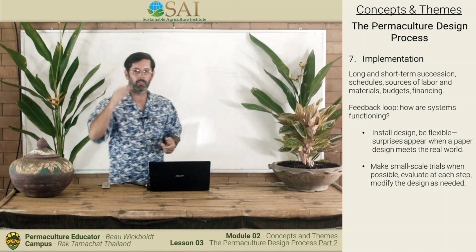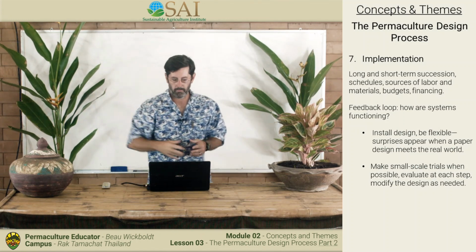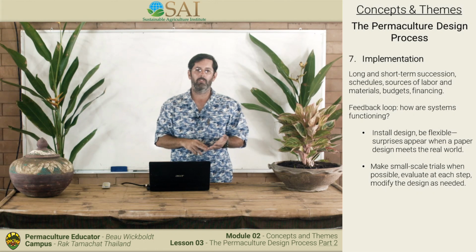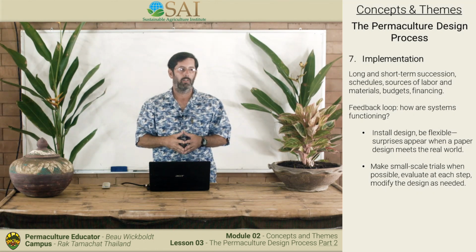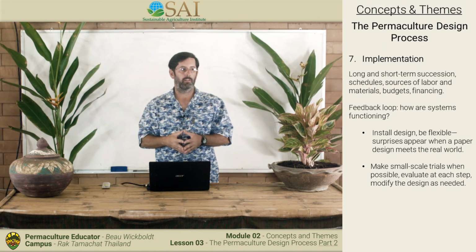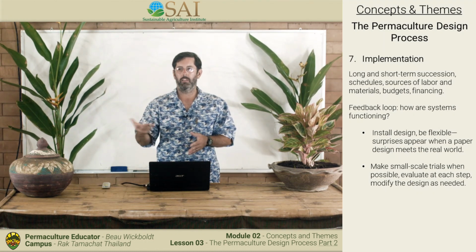So these are short-term thought processes and long-term. We need to think about sources of labor and materials. What materials are you going to use to build your property? Yes, it's great. I'm going to build my whole place out of adobe. Well, that's only one part of the building. What about the other parts? Where are you going to get those?